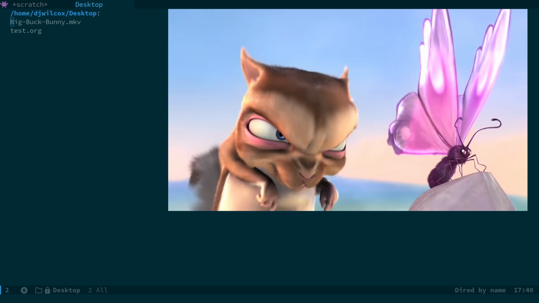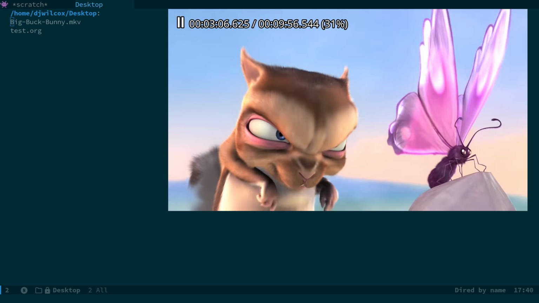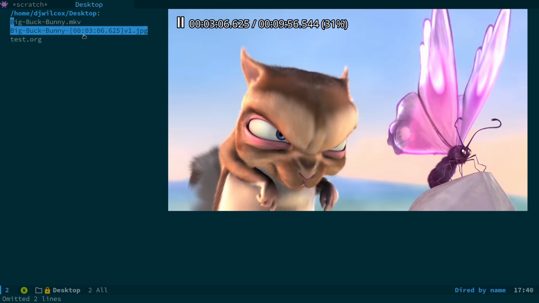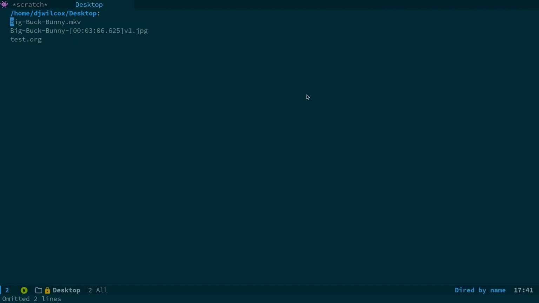And again, you can press capital O up here to show you the on-screen display, showing you the current playhead position here and the total length of the video, as well as the percentage of the video you're actually into. And all you have to do is press S on the keyboard, and what you'll see, screenshot, bang. It's going to give you the screenshot with the file name and the hours, minutes, seconds, and milliseconds you can see there. And the things you need to do to get that set up are two things: